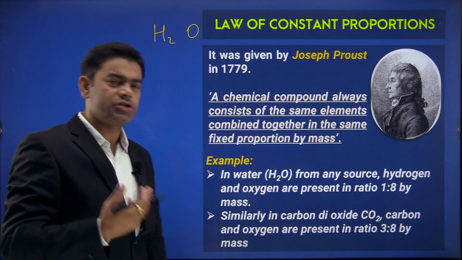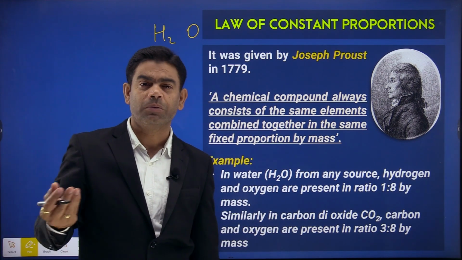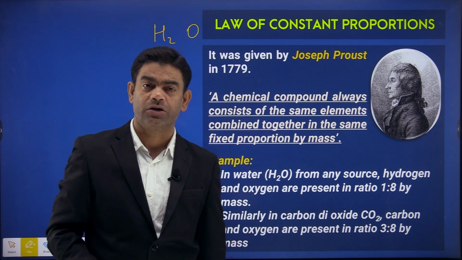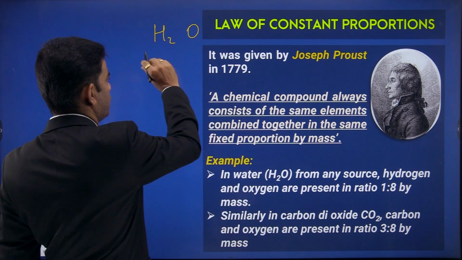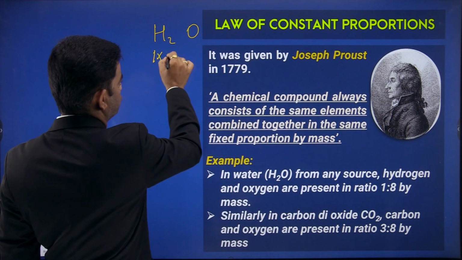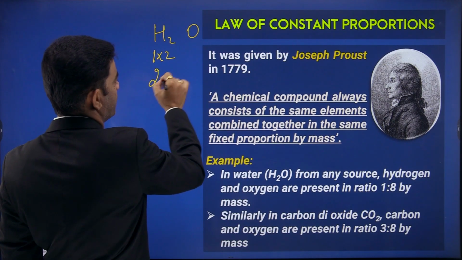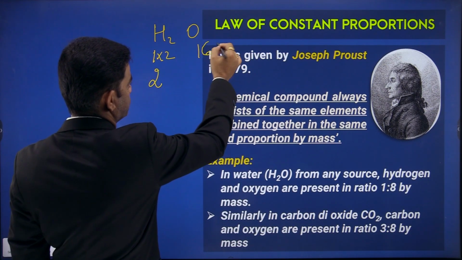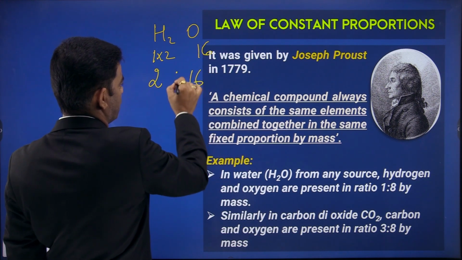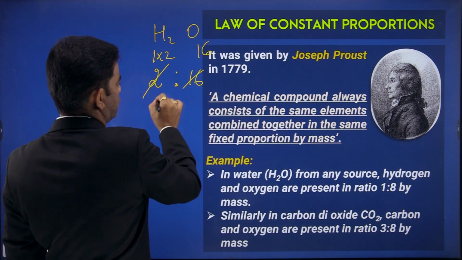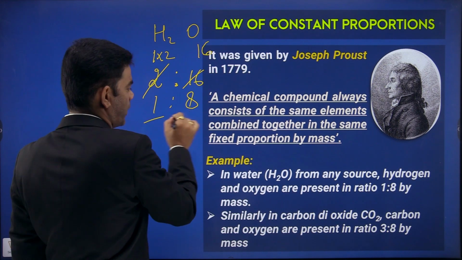ठीक है, कुछ चीजें हैं जो चैप्टर में बाद में पढ़ेंगे, नेक्स्ट चैप्टर में भी, बट यहाँ पे हम उसको यूज कर रहे हैं. मास ऑफ अ हाइड्रोजन एटम, that is 1. We take it 1 unit and we have 2 hydrogens, so that is 2 total. Oxygen has a mass 16U, so that is 16, and if you take out the ratio, you are going to get 2 1 ja 2, 8 ja, so 1:8.